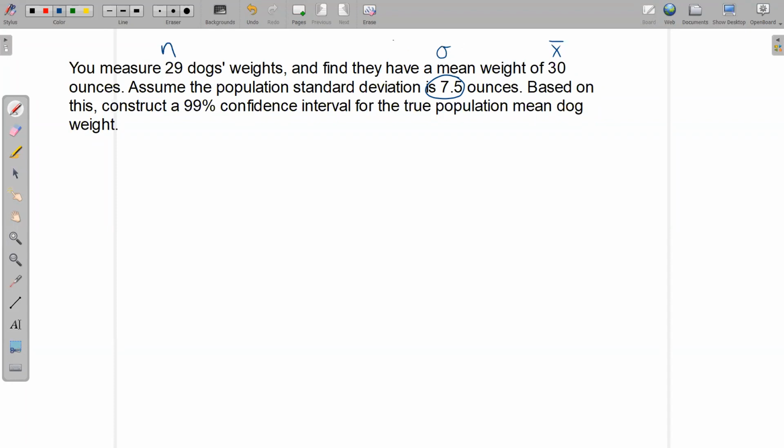And if we know sigma, then that means we're going to use a normal distribution for this. And z-scores go with a normal distribution. The other alternative is a t distribution and t-scores. So let's sketch out